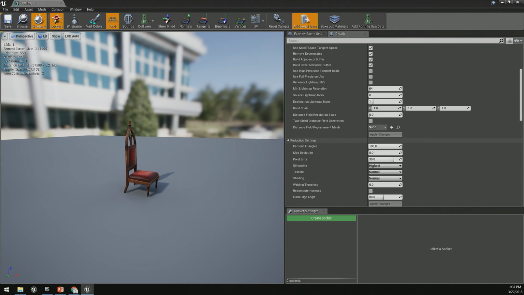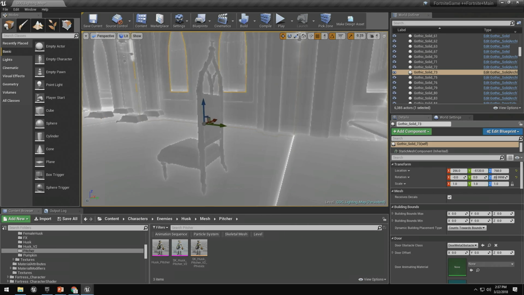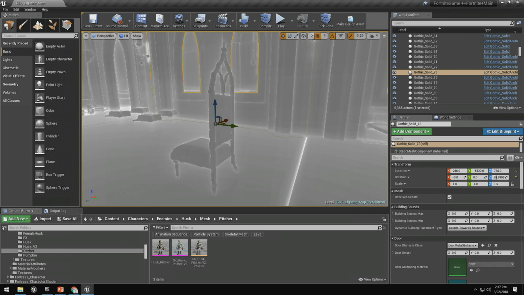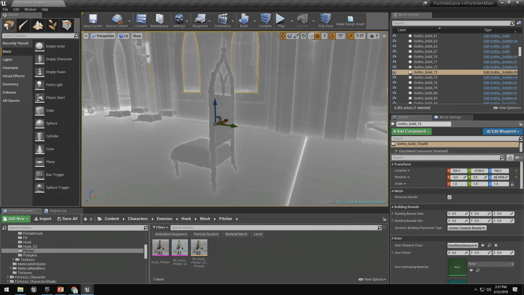And we'll apply those changes, and now take a look at my distance field over in the scene. It's now a much cleaner representation of the chair, but if we glance back over at our memory usage, we're now using 0.21 megs just for this one distance field. So this would add up very quickly. It's not something you want to crank up really high on every single mesh in your scene.